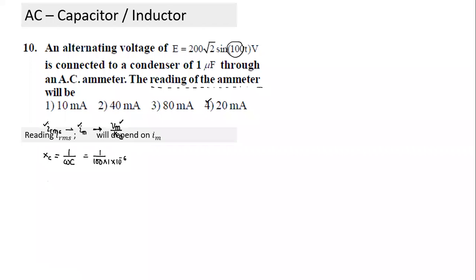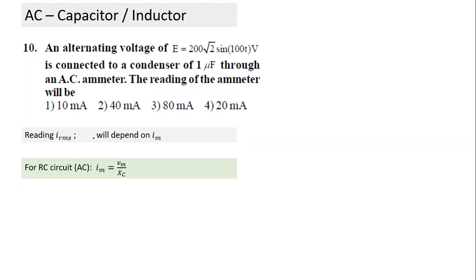Can we write an equation for current here? How would the current be if this is the phase? Will current lead or lag in this case? It is a capacitor circuit, so which leads? Current leads by 90 degrees. So in this question we don't have to write it, but if we were to write it, the term would be equal to Im sine(100t plus pi by 2). This is Im. We can easily solve that value. That's what you need to do. So the reading is IRMS, which will depend on Im, and Im is equal to Vm by XC. We can easily solve.